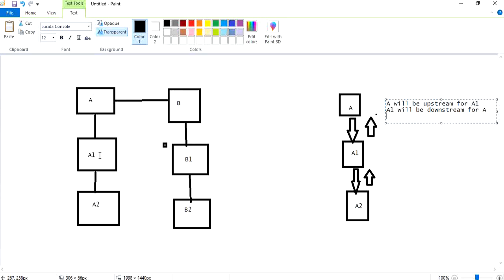First of all, to create upstream project, I have to get into A1 and create upstream project as A. I have to get into A2 and select upstream project as A1.